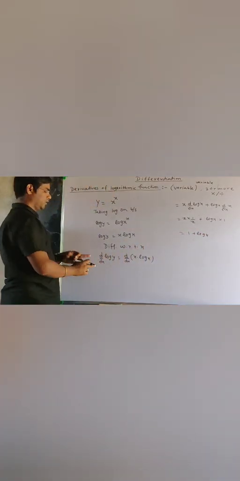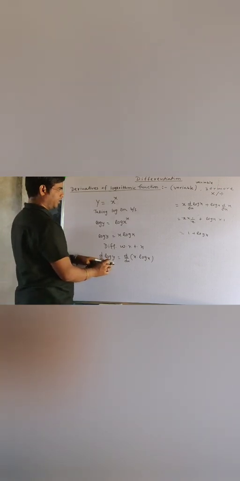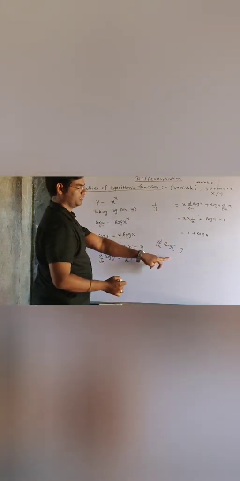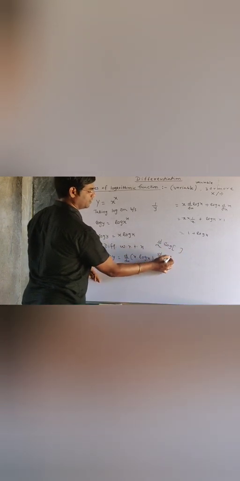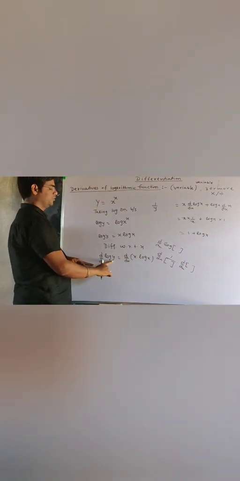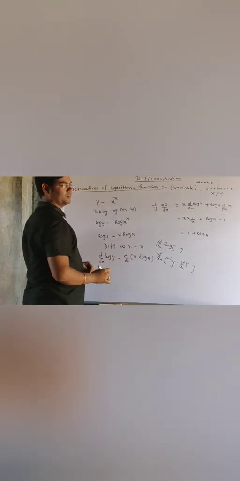But see the left hand side. The left hand side is the derivative of log y. The derivative of log x is 1 upon x, but the derivative of log y is 1 upon y, because this is not x. What is a composite function? If we have the derivative of any function log x, the derivative of log x is 1 upon x. But if we have any term other than x, then it is known as a composite function, and the derivative of a composite function is 1 upon x into again the derivative of x. So here instead of x we have y. So y is a composite function, and the derivative of log y is 1 upon y into the derivative of y again, so dy by dx. The final answer will be 1 upon y